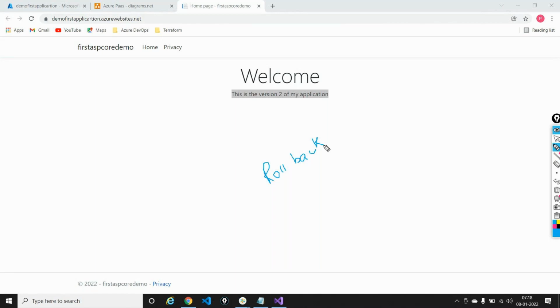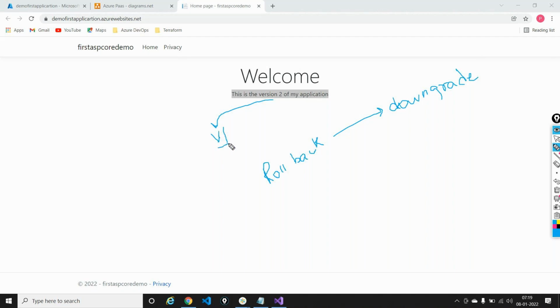In very simple terms, rollback is nothing but a downgrade. So the client now wants me to downgrade from version 2 to version 1, because version 1 was naturally working fine and did not have any issues. The client wants me to go back to version 1 right now.